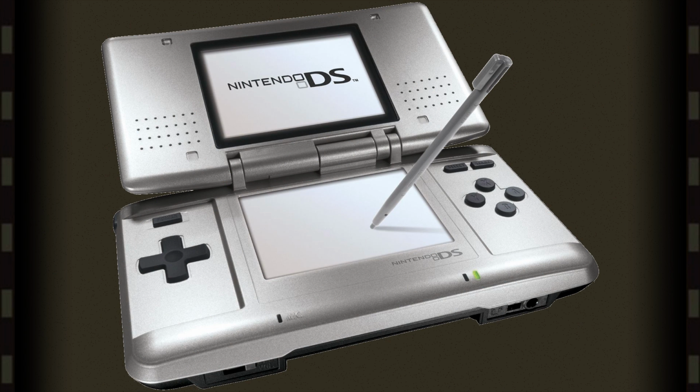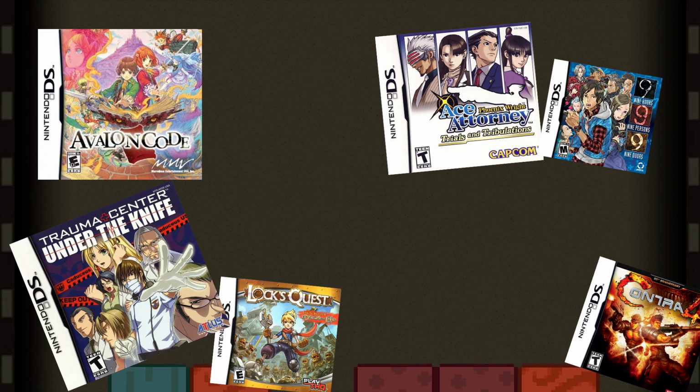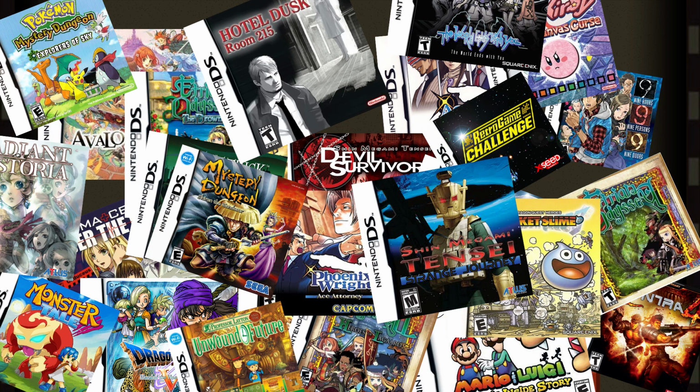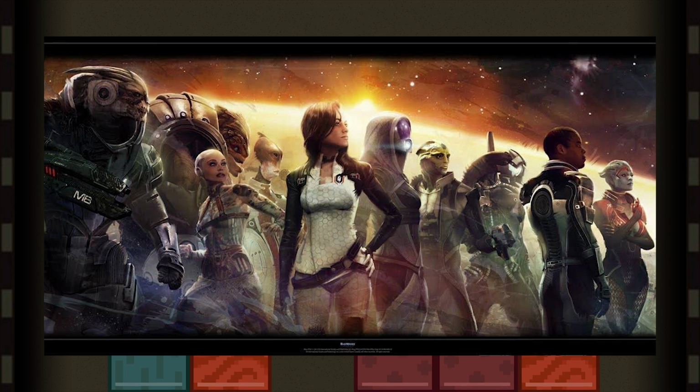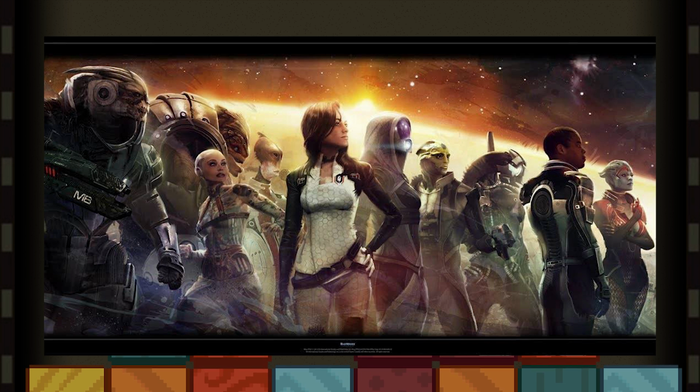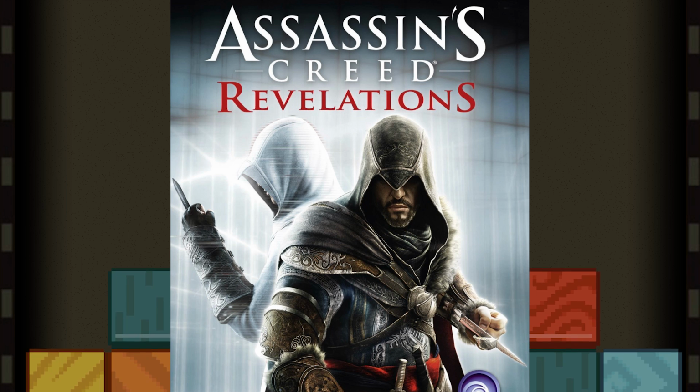The Nintendo DS is one of my favorite handheld systems of all time. The biggest reason for this was that it released at just the right time with just the right specs to get the kind of games that ended up filling its library. As the consoles were transitioning towards a more cinematic experience sort of thing, leading to the rise of annualization, DLC,